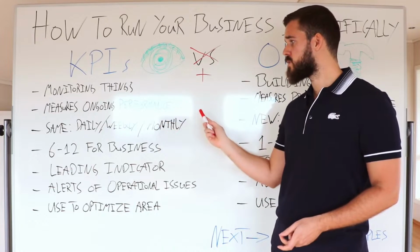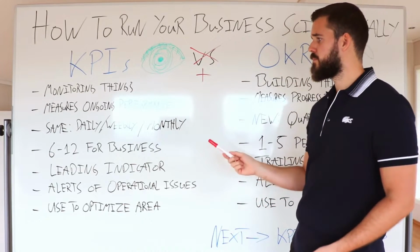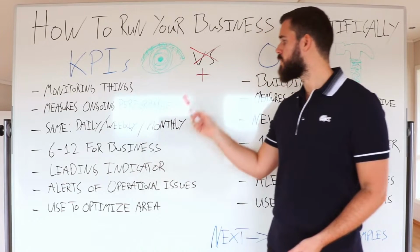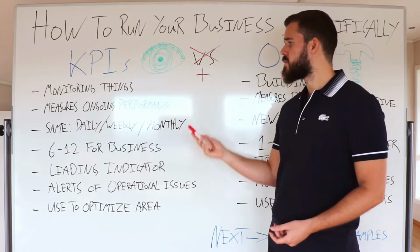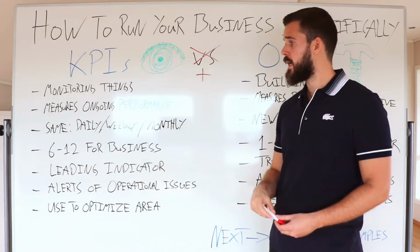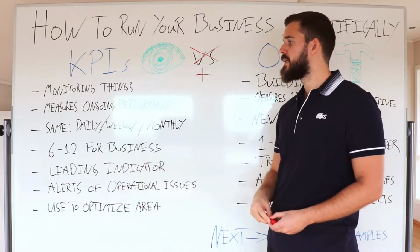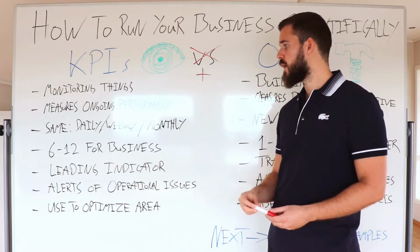And then also based on the type of business you're running, you're going to select a time frame, which is one of these. It could be a daily time frame, it could be a weekly time frame, or it could be a monthly time frame. And really the main thing that determines which time frame you want to select for your KPIs, and you just choose one, right? Daily, weekly, or monthly. The main thing that's going to determine what time frame you select is, again, the type of business that you're running. So let's say you're running